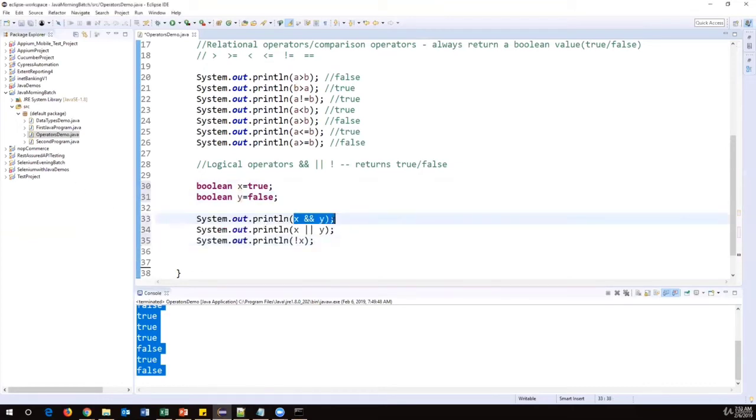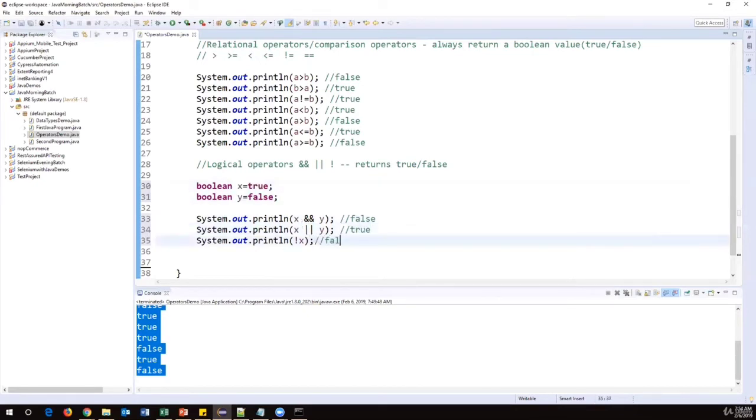So x and y, what will this return? x is true, y is false. The AND operator returns true only if both are true, but in this case it will return false. The OR operator will return true even if one of them is true, so here it will return true. And x value is true, so not x is obviously false.